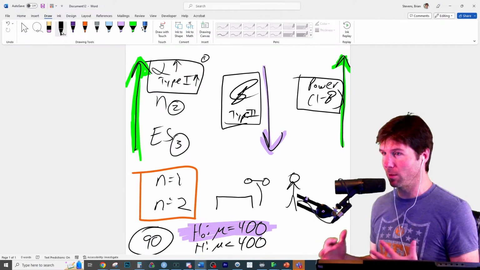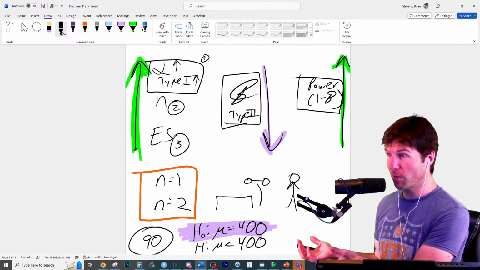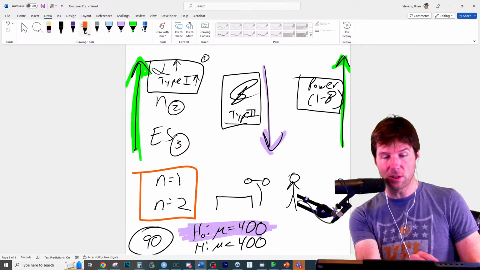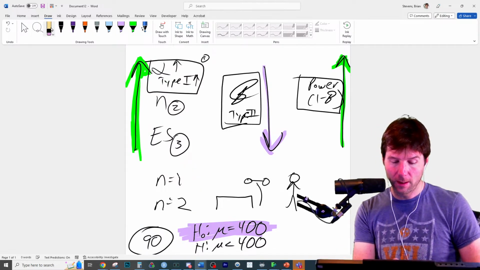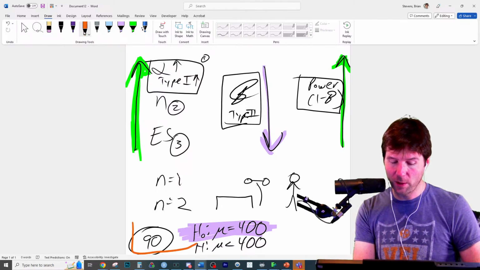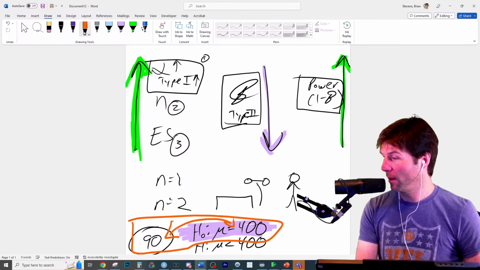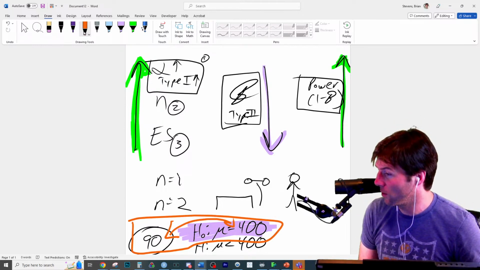And I've changed the what now, Jackson, because Brian claims 400, but it looks like, as far as we can tell, the truth is closer to 90. So this difference you see right here is an estimate of the what, because we don't know what it truly is, but we have an estimate now of the what. That is an estimate.